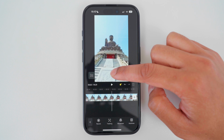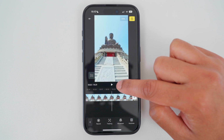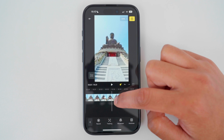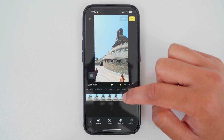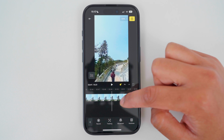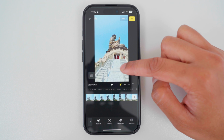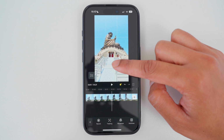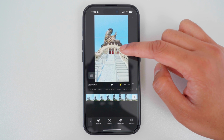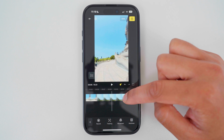Place the Buddha in the middle. Add a keyframe. Then I'm going to move around the Buddha and add keyframes to keep it in the middle. So on the left hand side, I will place the Buddha in the middle, add a keyframe. Now I will move behind the Buddha,